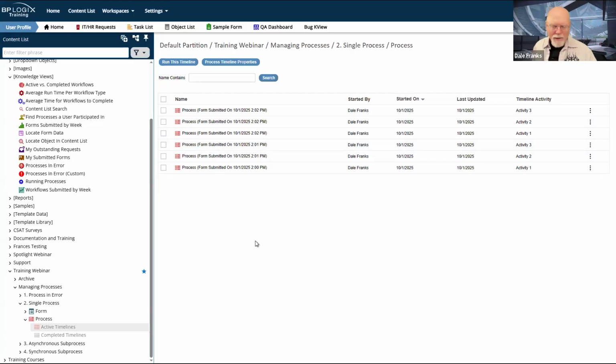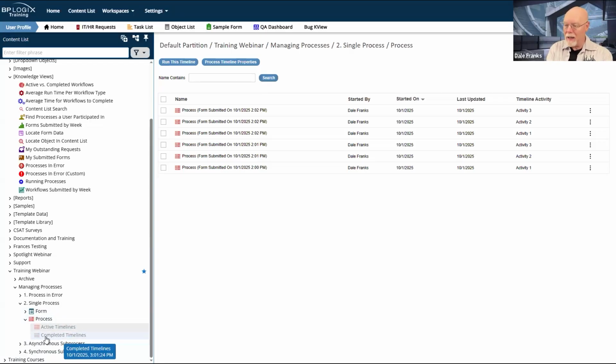So whenever a process is invoked, it is generally in one of two states. It is either in an active state or in a completed state. If you look over here on the left side of the screen, in the content list, I'm looking in this single process folder. And here is my actual process that we're using as a sample today. And below that, there are two nodes, the active timelines and the completed timelines.